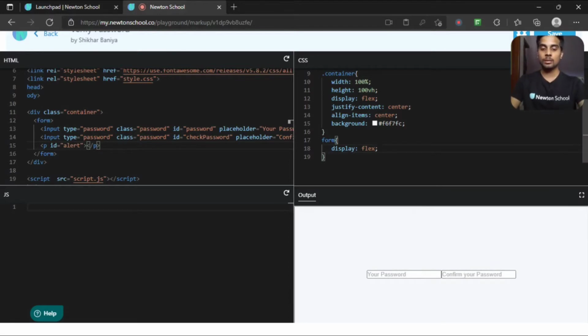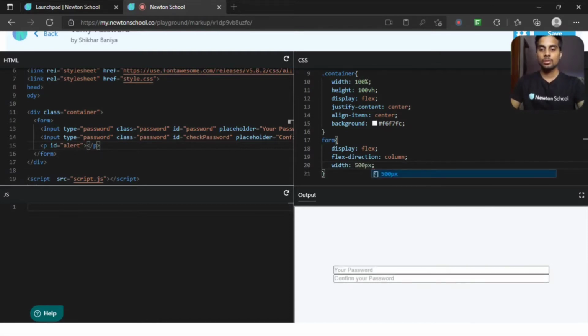For that you just have to specify the flex direction as column. So both of them will be aligned into a single column. Let's specify the width as 500 pixels. So both of them will get a width of 500 pixels.